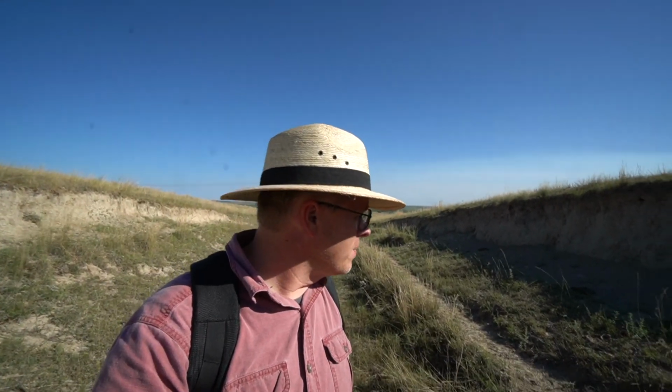So here I am in the bottom of one of the larger cuts coming up California Hill. And you can see this is easily maybe 10 or 12 feet deep. And this was just worn by hundreds and hundreds of wagons passing through here over the course of a couple of decades. So really impressive stuff, and you can really get a feel for what it was like to be